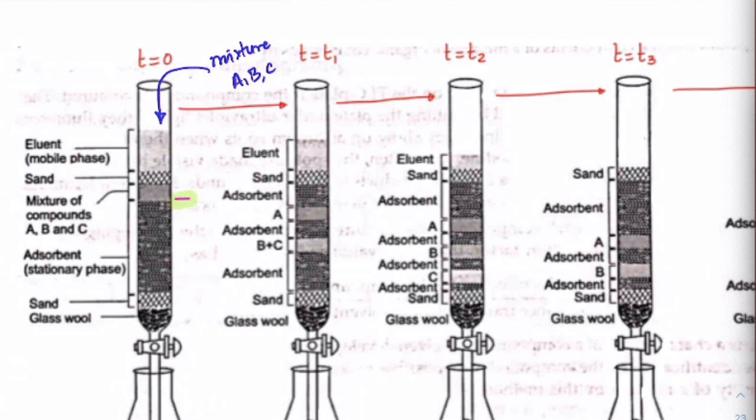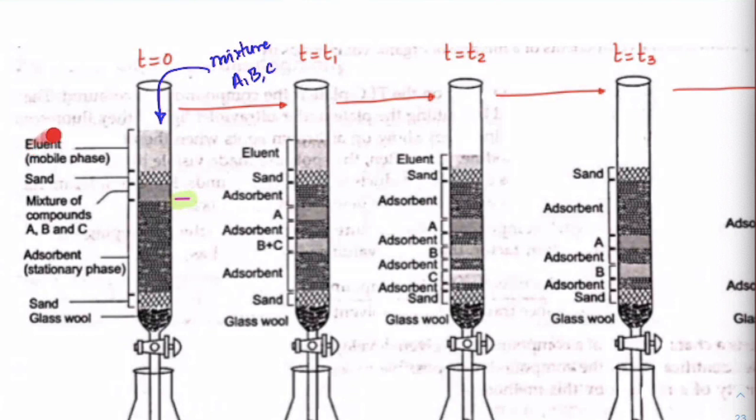Now as you add the mixture here, it passes through. Some of this mixture of compounds A, B, C might get stuck in here. Correct? Then we say it has more affinity with the stationary phase. Are you getting what I'm saying? In the same way, between A, B, C, one might get completely moving through this entire column, come down and settle here, which means it has more affinity with the mobile phase. I hope you understood that.